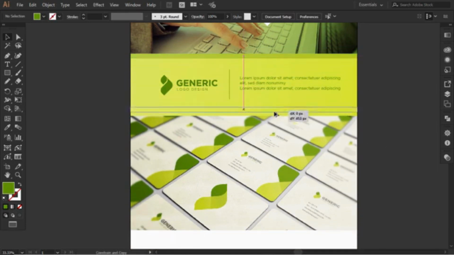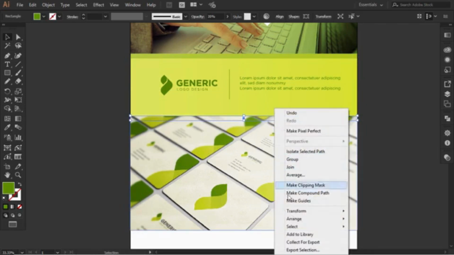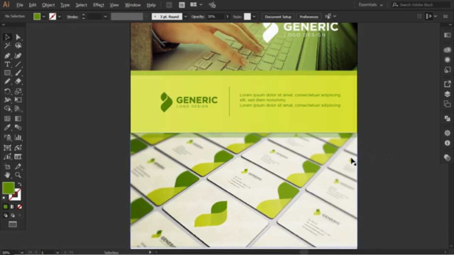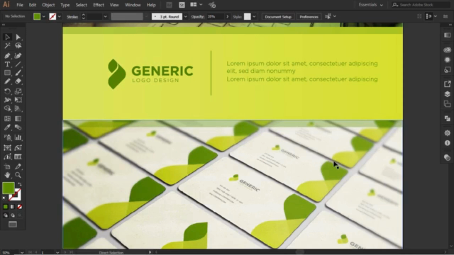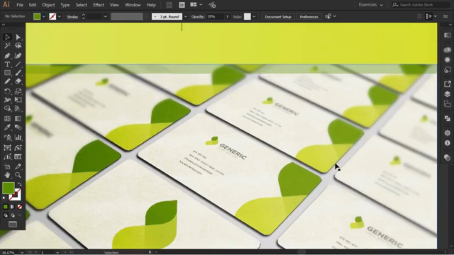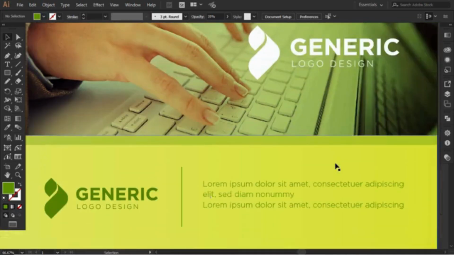Hold Alt and drag this rectangle down here. Right-click, Arrange, and then bring it to front. Now you can see how our presentation looks. You can make it longer and add other presentation elements. This is better than showing your clients simple standalone logo images, and you can make a big difference in your